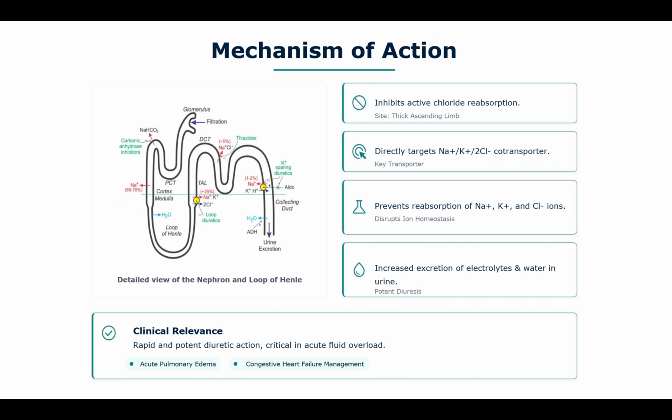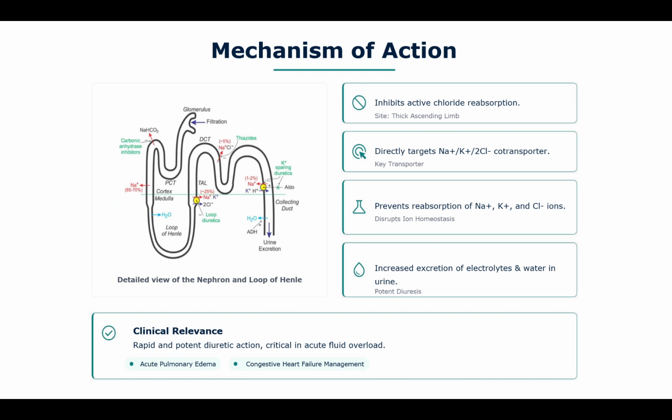More precisely, furosemide directly targets and inhibits the sodium potassium chloride cotransporter located in the apical membrane of the cells within this thick ascending limb. This region is critical for sodium permeability and is responsible for reabsorbing a significant portion, about 20 to 25% of the filtered sodium chloride. What's important to note is that this part of the ascending limb is impermeable to water